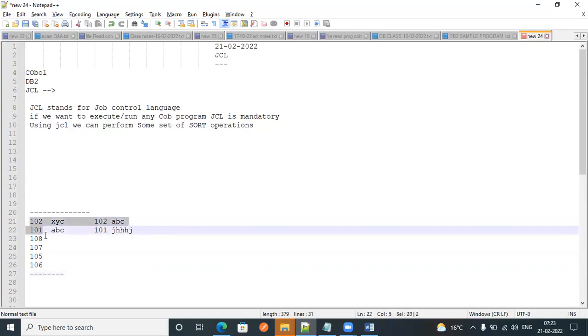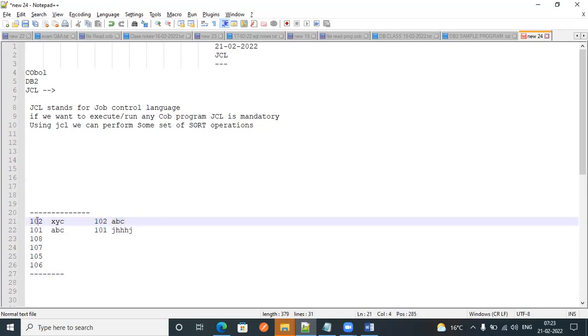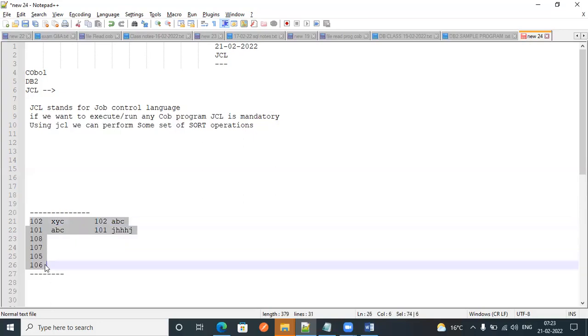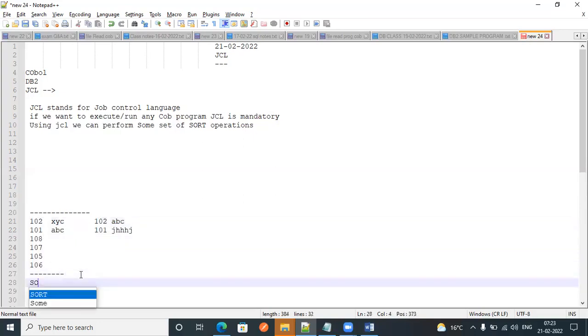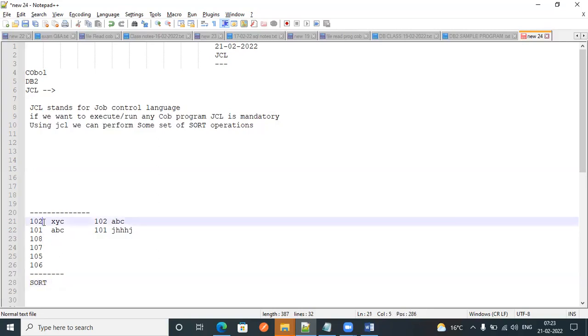I want to do some sort operations. I want all the data to be in ascending order. So at that time we will do some sort operations, which we will see in the next class or going forward. That is called sorting. We can perform sort on any of the columns based on a key, like based on serial number.